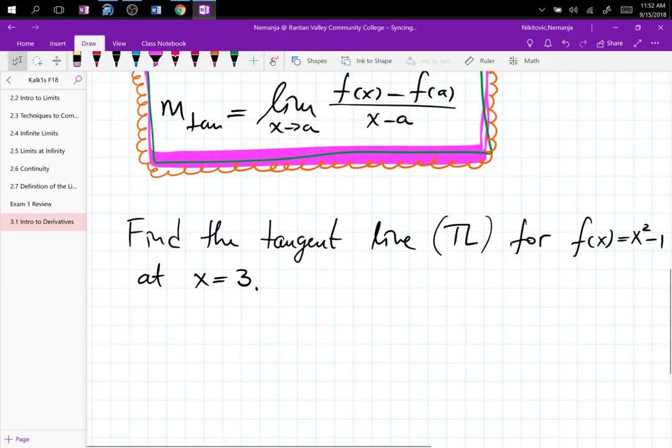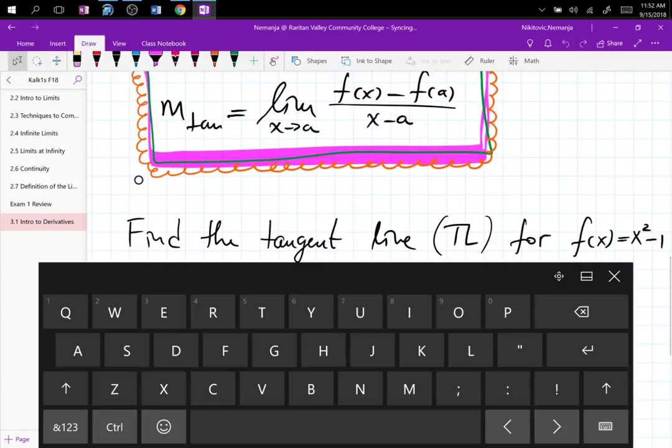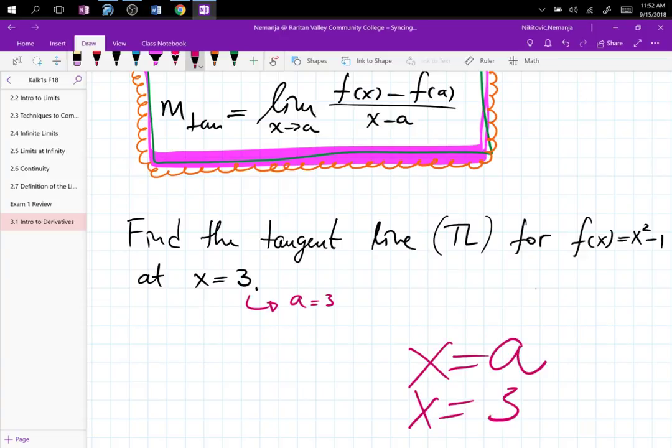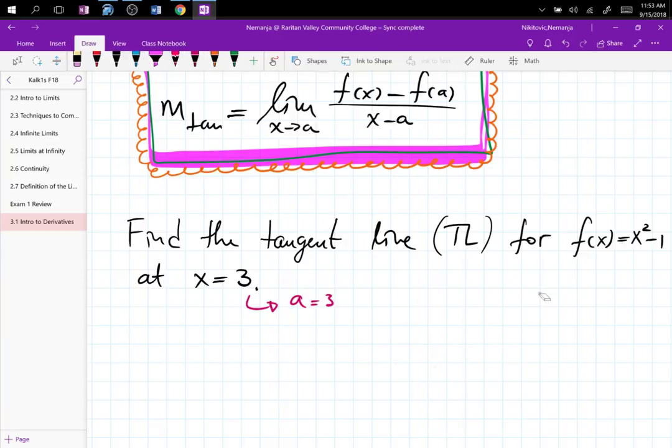All right. What I gather from this x equals 3 is that a is 3, because you are looking for the tangent line at x equals a. If you have x equals 3, then a is 3, which is x, which is making it very confusing, I know, but such is life. So 3 is the fixed point for that point P.